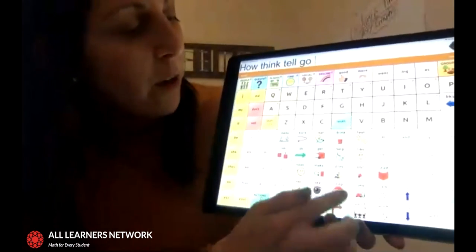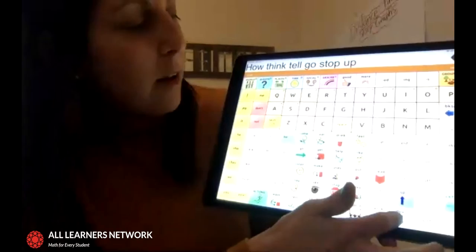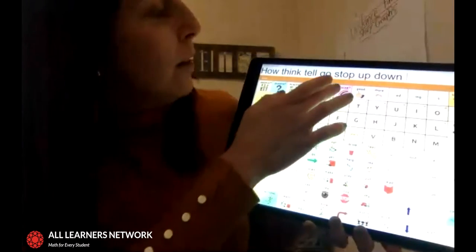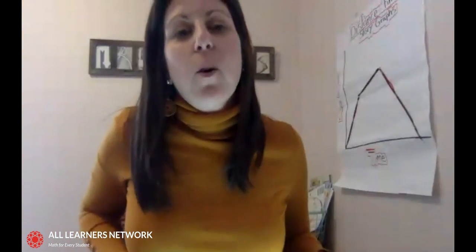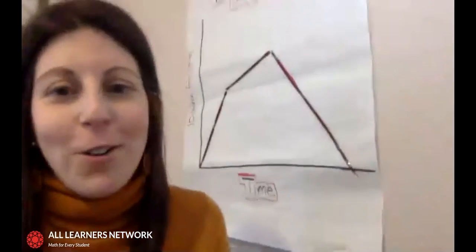So even though I use AAC most days, I still made sure that right before we started, I remembered, let's see if I can get close enough that you can see. Go, stop, up, down, describe, slow, and fast. So I really was looking to see which words would be helpful within this unit or this lesson. So let me see if I can show my wall graph here for you.